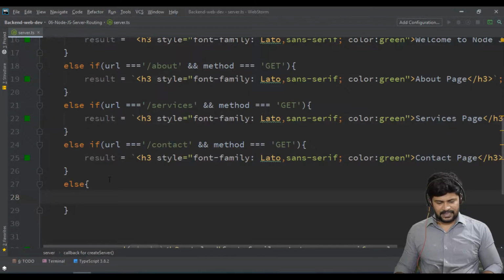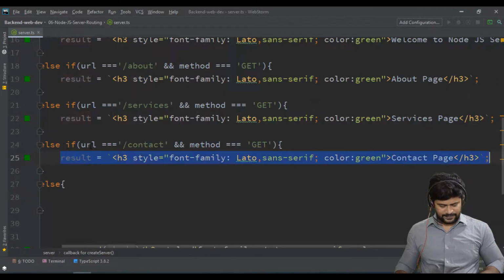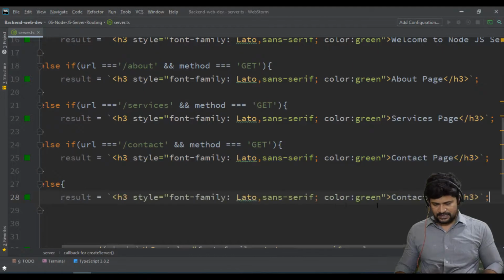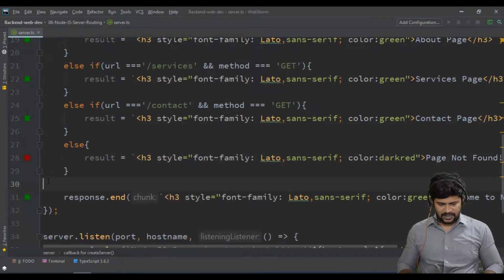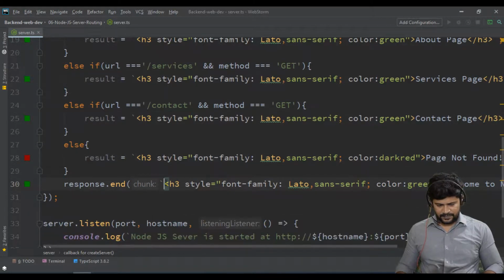So let's make that one. Let's take the result, copy and paste it, and say page not found. Let's make the color some dark red. Done. Once you have made all the URLs, finally you respond with your result.